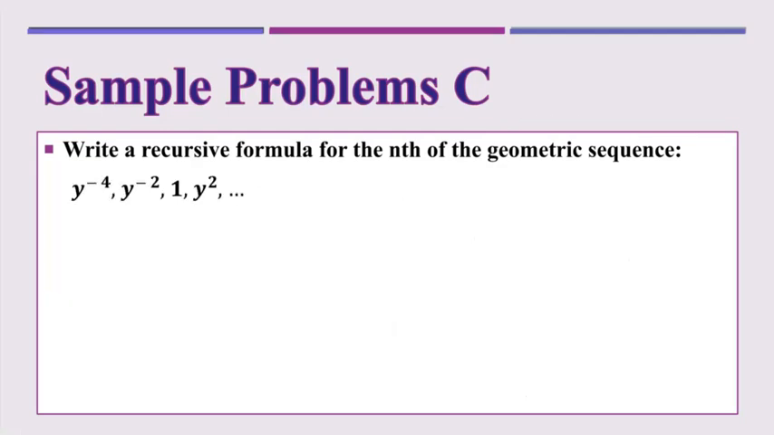Next, write the recursive formula for the nth term of this geometric sequence. So we can see that the exponents are increasing by 2 every time, because really this first one is actually y to the 0 power. That's how you get that 1 there. So for the recursive formula for this one, when I multiply like bases, I add the exponents. So the common ratio would actually have to be y squared, because y to the negative fourth times y to the second power, it'd be negative 4 plus 2 is negative 2. So we would have a subscript n equals the common ratio of y squared times a subscript